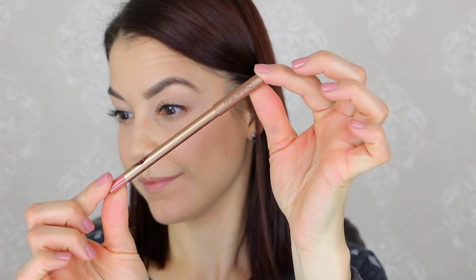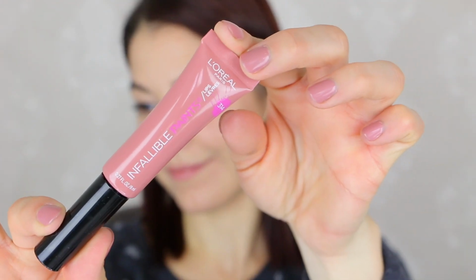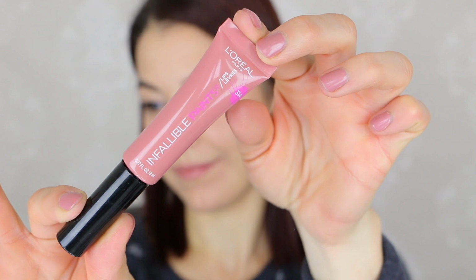And then my favorite lip combo, this is the Charlotte Tilbury lip liner in Pillow Talk. And this is pretty much the color of my lips, so it's like my lips but better type of eyeliner, and I can use this with a lot of my go-to lip colors at the moment, so that's why I love it. And the formula is great, glides on, so what I'm just doing here is lining and slightly filling in a little bit with the pencil. And then I'm using the L'Oreal Infallible Paints in Spicy Blush number 314